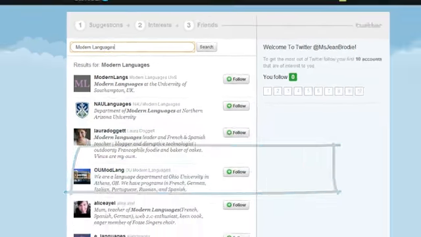This page allows you to search for contacts in your own Gmail address books or Yahoo or Hotmail. So again, you can explore these, but for now we're just going to hit the next button. And Jean has finally arrived at her Twitter homepage.